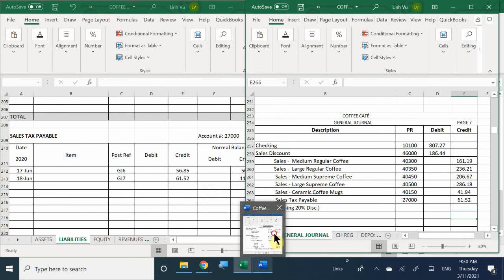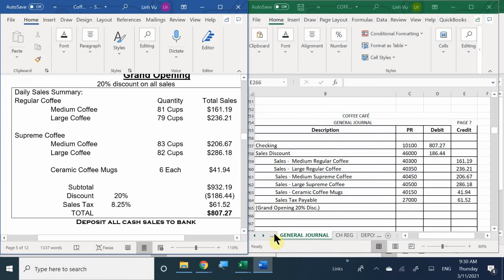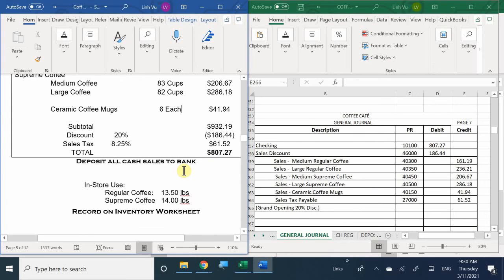Inventory worksheet. Okay, so he says that we have to go to the inventory worksheet, right? We already deposited the money in the bank. So here is what we got to do. We sold, or we used, a total of 13.5 pounds of the regular coffee, and we used 14 pounds of the supreme coffee. So let's go to our inventory worksheet